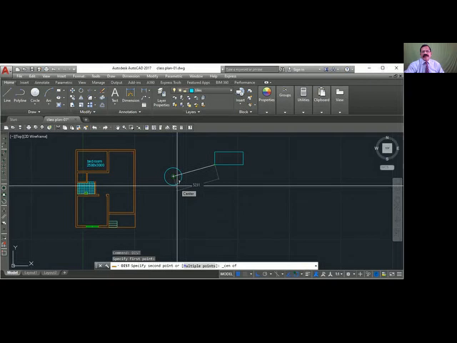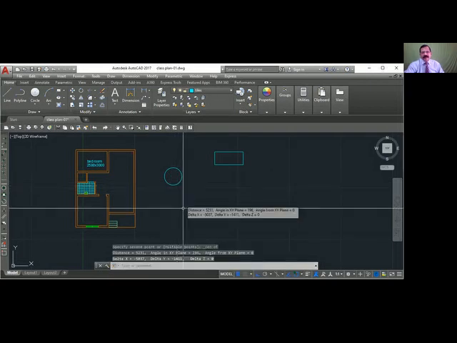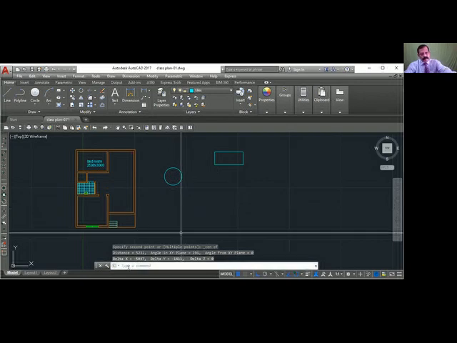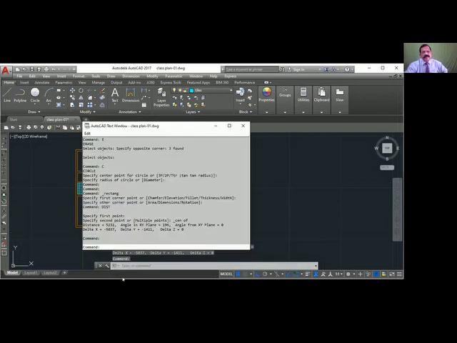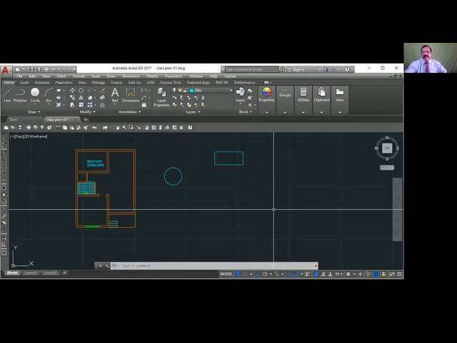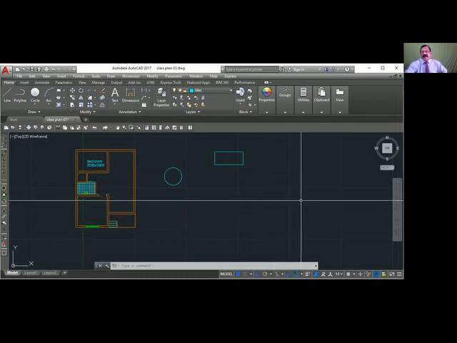You can see that it is showing the measurement 5231. Click. So this is the distance. Press Control F2 on the laptop to open the text screen, 5231. So distance command, DIST: show the first point, show the second point. Always try to use object snaps like intersection, midpoint, center point.